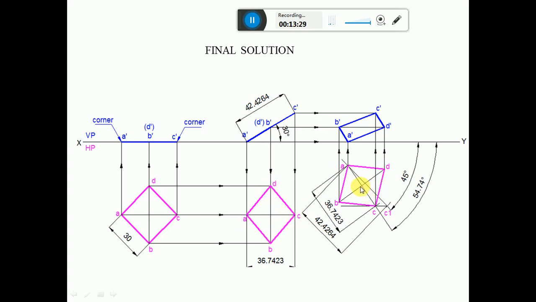Through this point, to this inclined line AC, by using the protractor you measure an angle of 90 degrees with respect to the AC line, and then draw a perpendicular line to this AC line. Then measure the length from this point to B and also from this point to D. Both are going to be equal. So with this as center, cut an arc on this left side and also cut an arc on this side. And name the points A, B, C and D. Then join A to B, B to C, C to D and D to A. This is how you will be able to reproduce the second position top view.